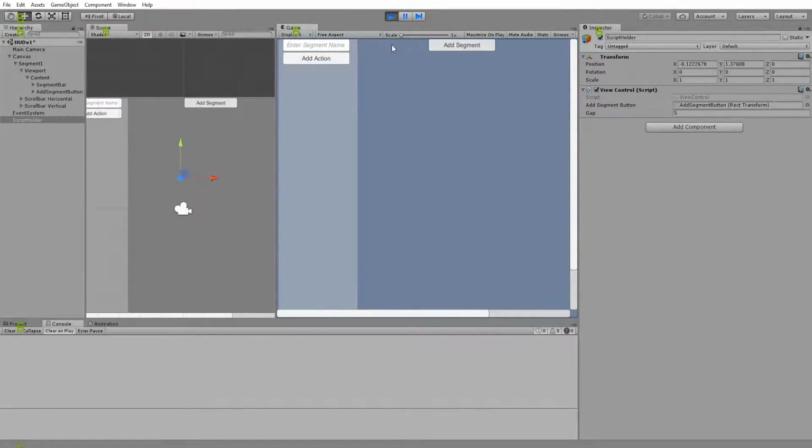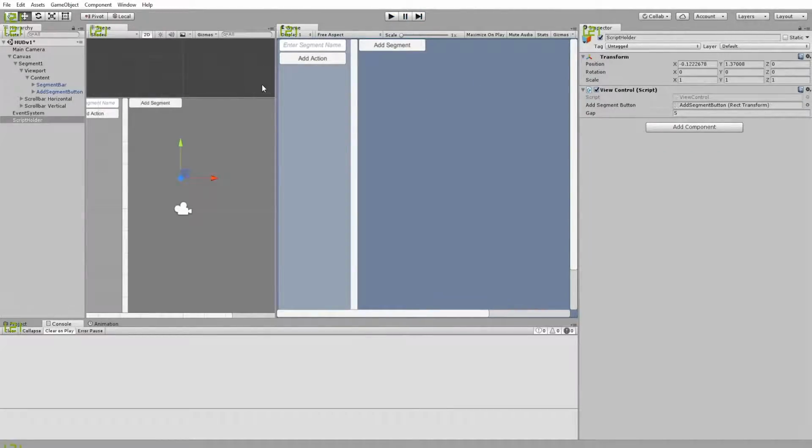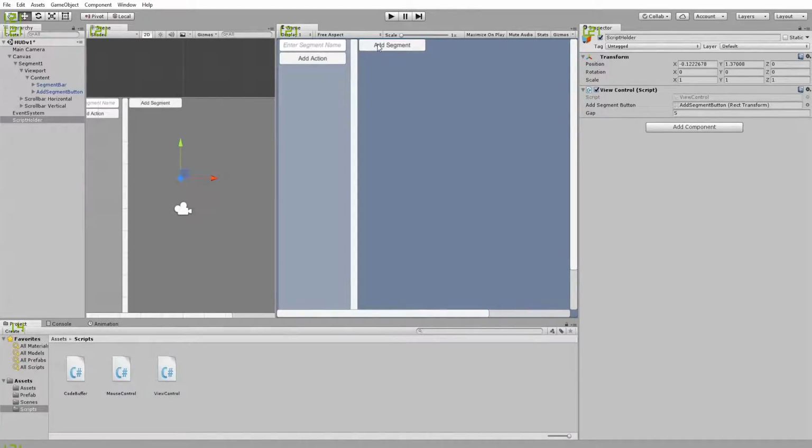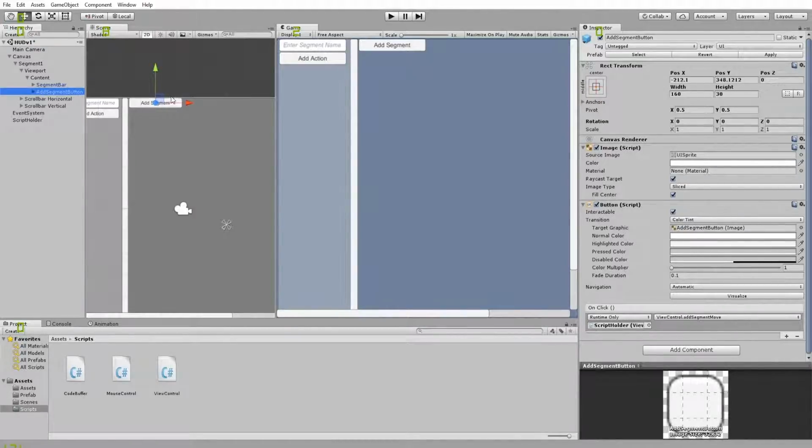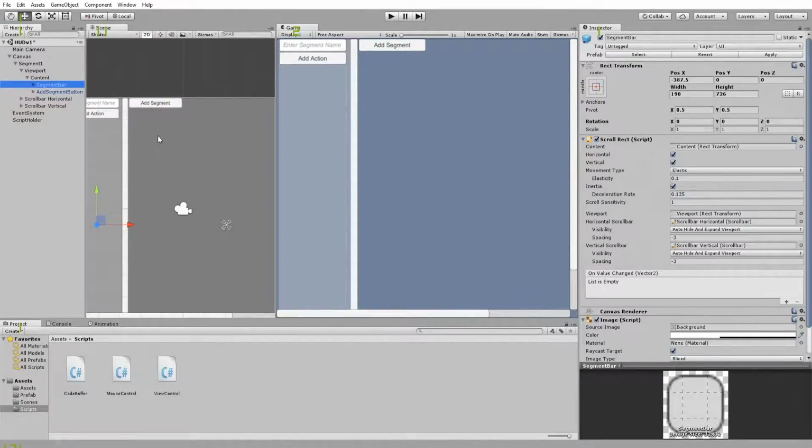I think I'm going to go a little bit over time and try to get it to instantiate this second one over. So that's going to be difficult, but we'll give that a try. So I need to go in there and figure out the scale of this segment bar. So that's what I'll be doing after this video, figuring out which variable inside of the Rect Transform I need to use to figure out the width. Of course, I could figure out the width by looking at the left corner and the right corner, because it had on there left and right corner. Anyways,